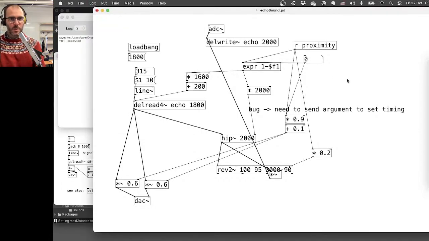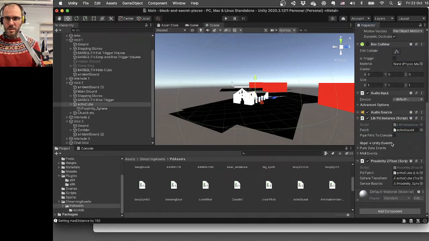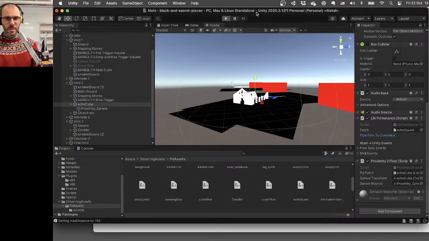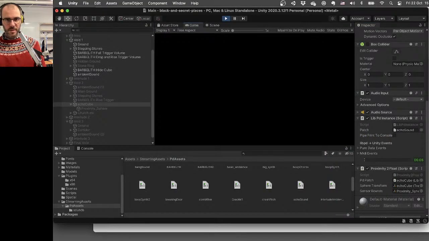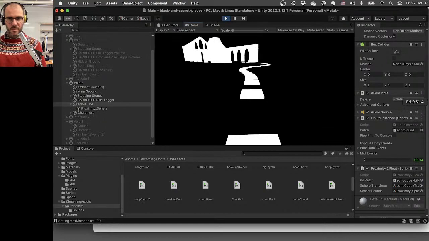So let's try to figure out whether that's working or not. I'm going to send a print message from proximity, and then in Unity, in here, pipe print to console, and hopefully I'm not printing too much garbage. And let's just make sure my proximity is working and what kind of values I'm getting out of it. So that's pretty crucial. Okay, so boom. Okay, so we know that our